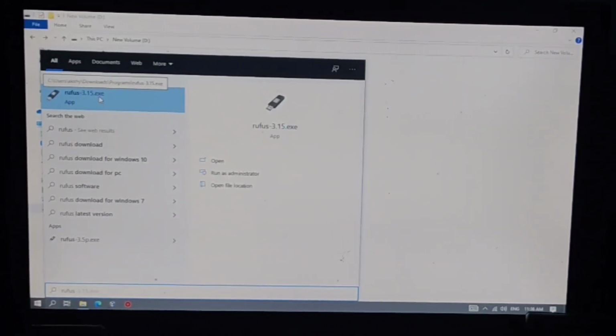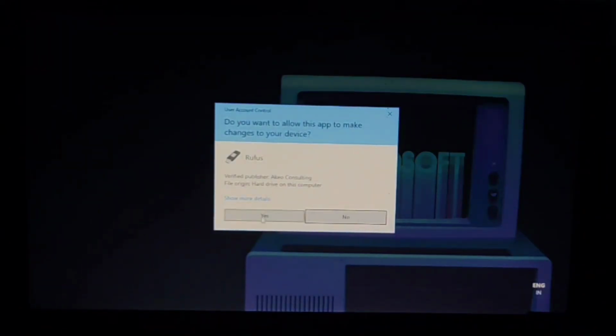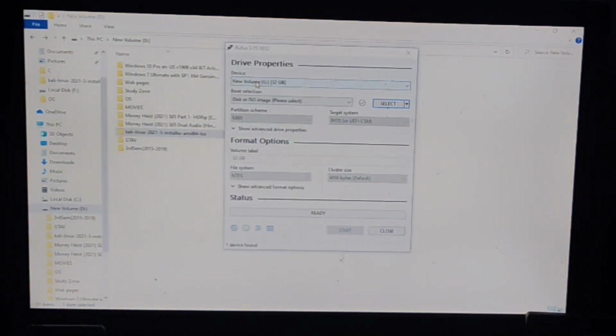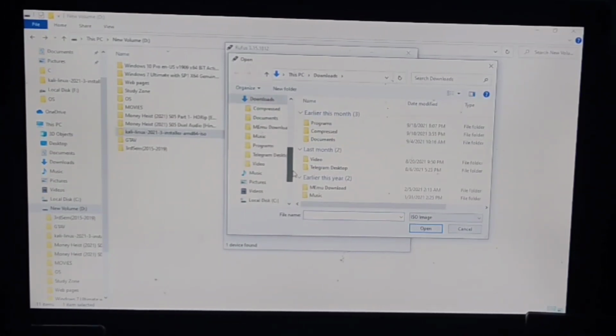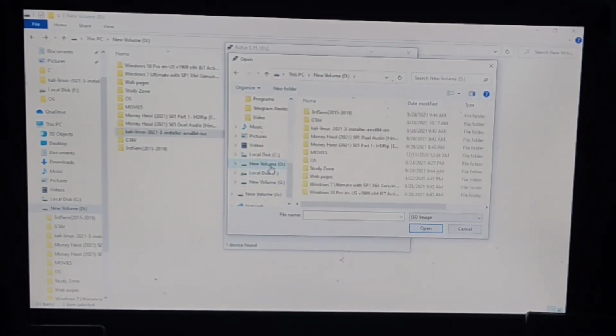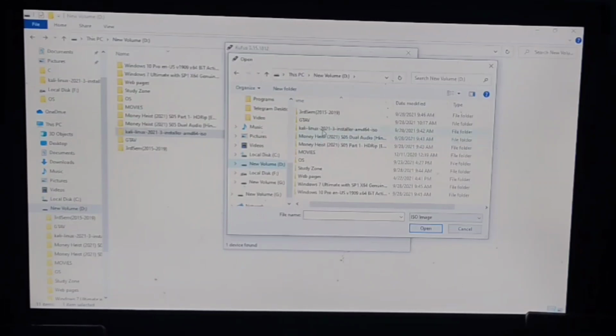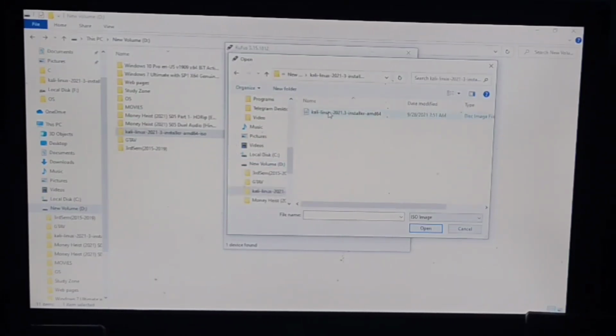In my PC I have already put in my pen drive. I open Rufus. You can see that my pen drive is here. You can also select your pen drive, and here you select the option to choose where your Kali Linux file is saved. There my Kali Linux file is saved. I click and select it, then click open.